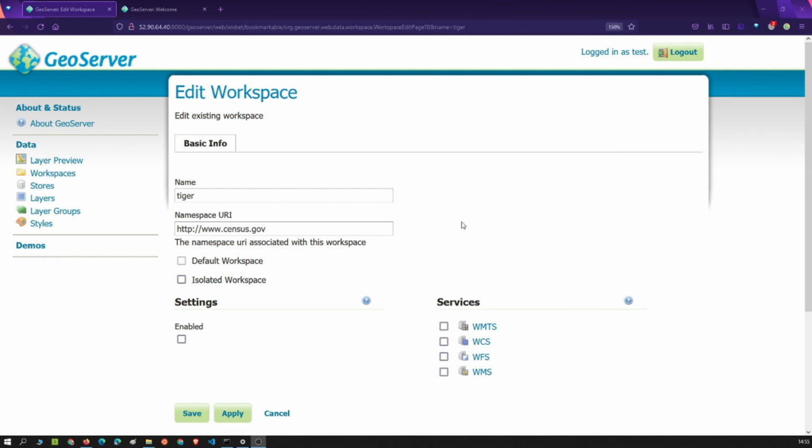So that is how you change data security settings in GeoServer. I know it is a bit complex, but play around with it. Let me know if there is any confusion around setting up users and roles.